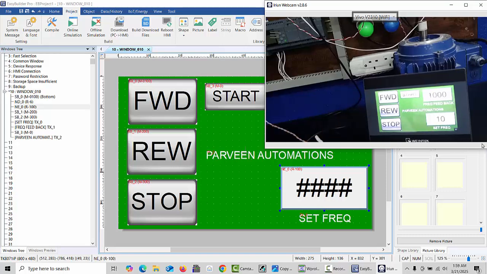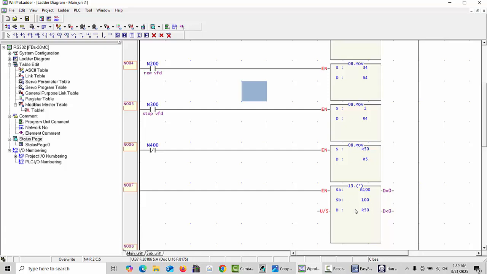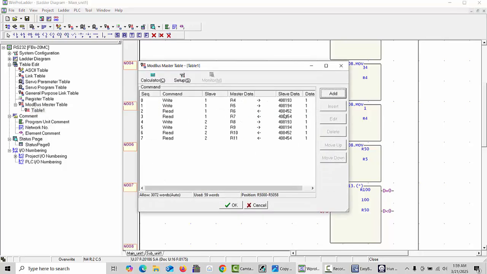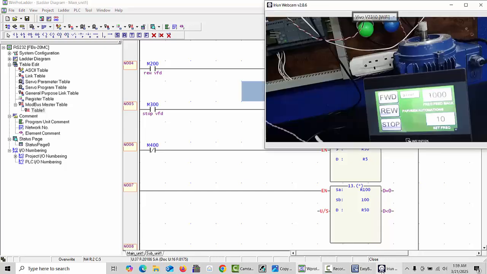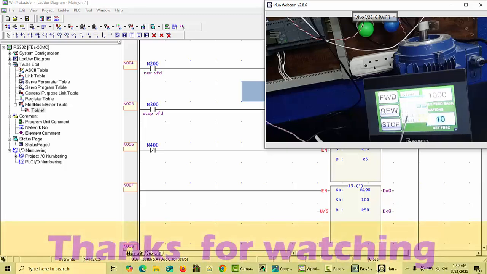If you would like to see 10 Hz here also, what you have to do in the program is convert this data with a multiplication and show this data, which one we are showing. Now we are showing the data R5, R6, sorry, in the table I already showed. Here you can see this is R6, we are directly writing the data at R6. If we convert this R6 data into another data register and then apply the multiplication, you can change this value also. So okay, for example if we would like to write 20 Hz, we will write 20,